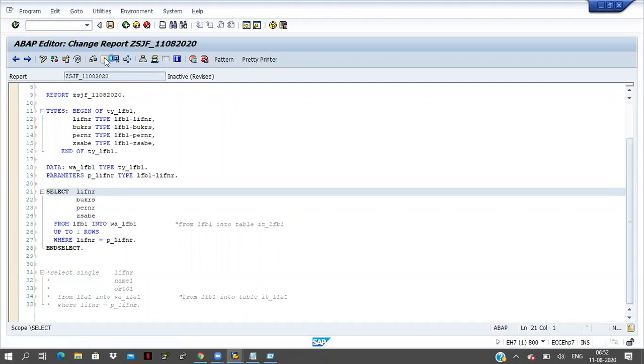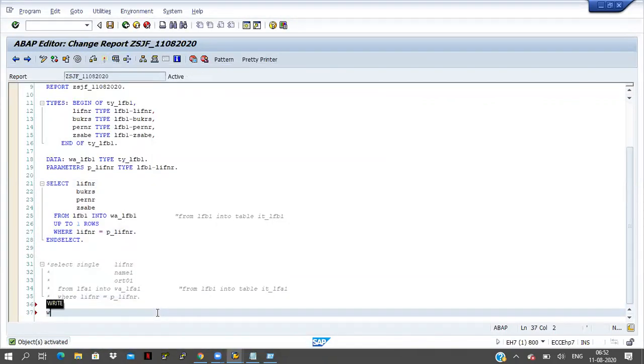Just activate it. Write the work area: lfb1 hyphen lifnr, work area lfb1 hyphen bukrs, lfb1 hyphen pernr.